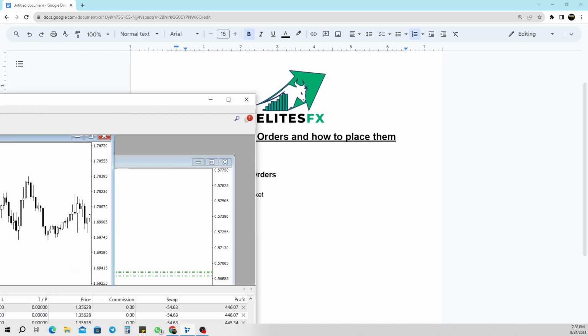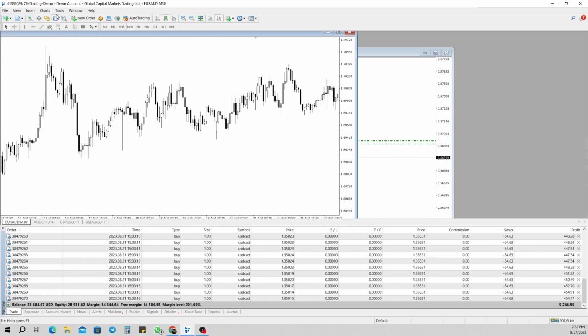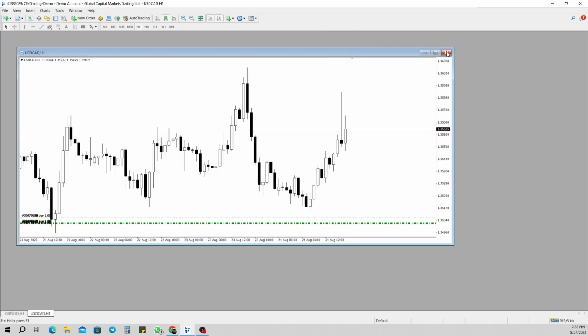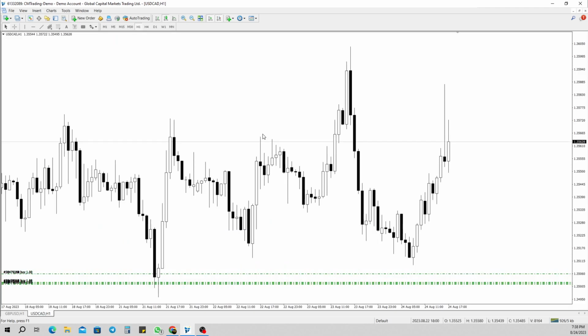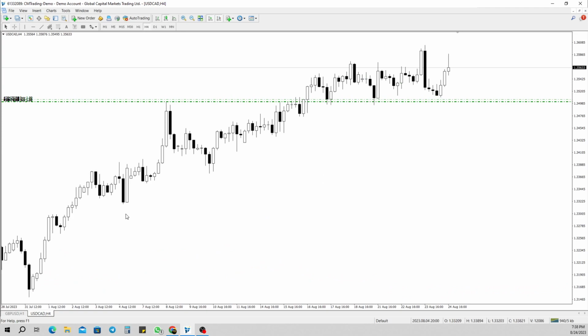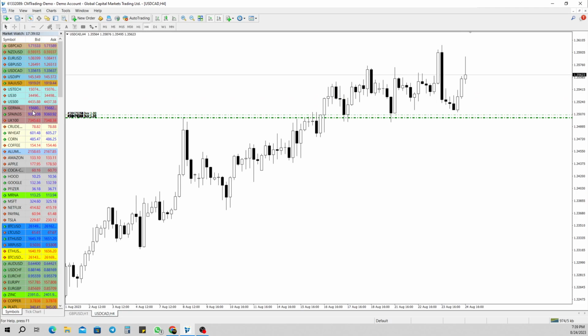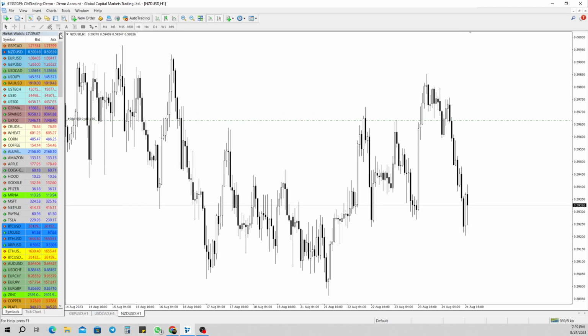So let me just pull that up. This is MT4. Let me just delete these charts here. So for example, let me show you this USD CAD. This is the signal that we sent out a couple of days ago. This is running in profit. This was a buy market. But coming back to the topic, let's say that we sent out a signal on NZD USD